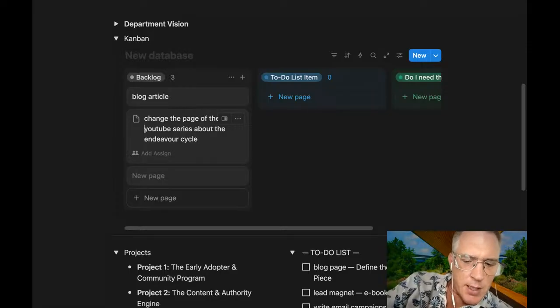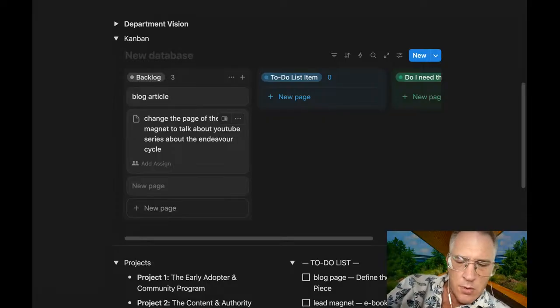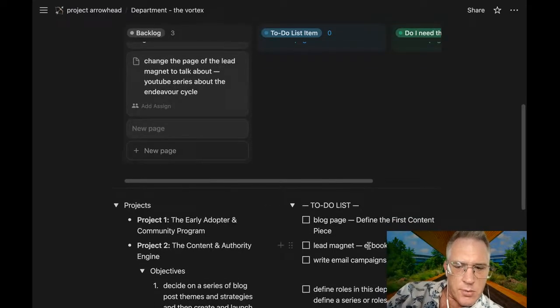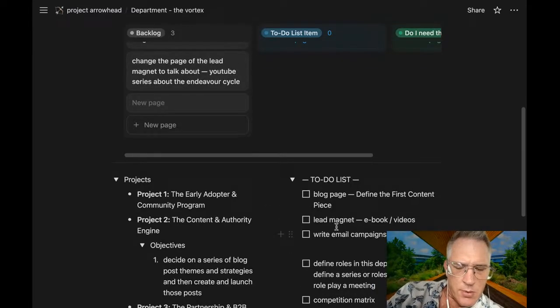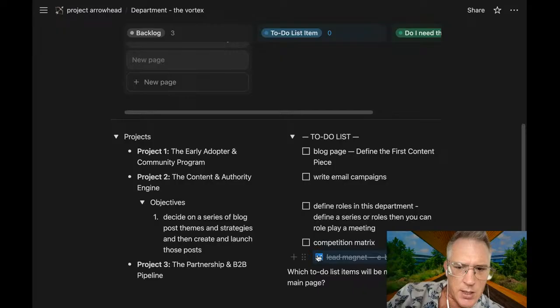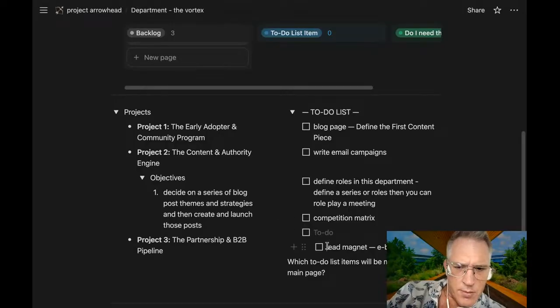Of the lead magnet, to talk about YouTube there. And now this is on the wrong page. We're going to move this to the very bottom, because at some point I will need to change that, but not now.